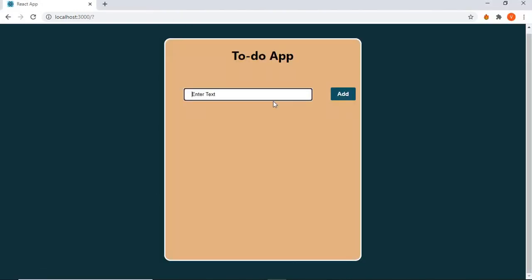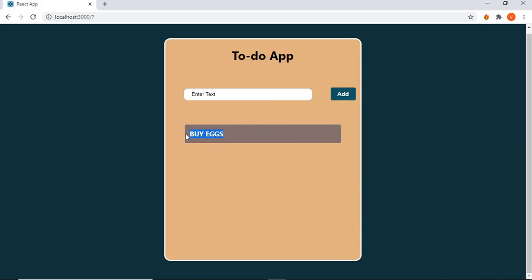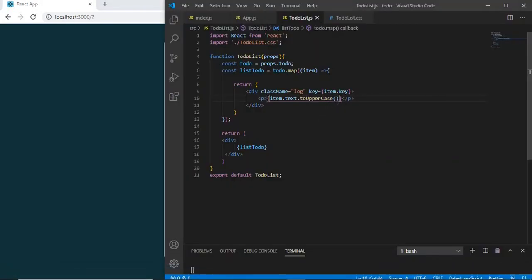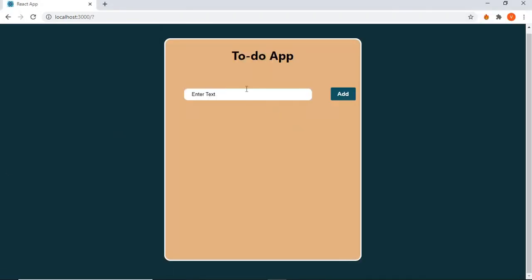Okay, so I'm just going to say buy eggs. I'm going to add it. It will convert into capital, and then we put it here. You can do such things. You can just play around with it a little bit more. So right after this, we will be focusing on how to delete our task, and that should end with our app. So yeah,